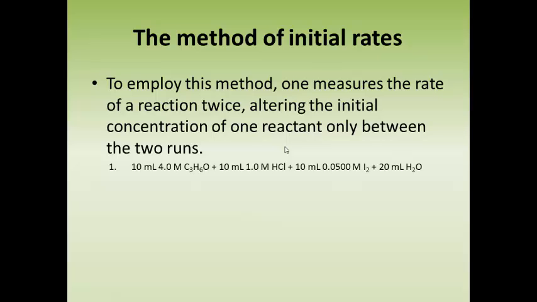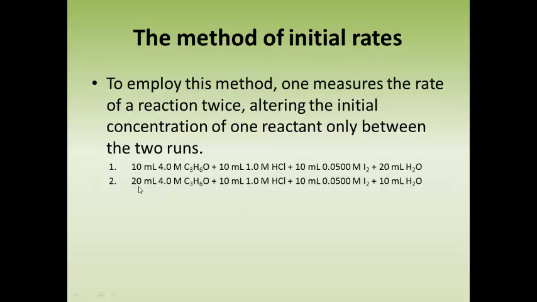So let's consider, though, just 2 such runs. For our first run, we're going to make the solution our initial and determine our initial concentrations from the following recipe, where we take 10 milliliters of 4 mol per liter acetone plus 10 milliliters of 1 mol per liter hydrochloric acid plus 10 milliliters of 0.05 molar iodine, and then 20 milliliters of water to make the total volume 50 milliliters. We'll measure the rate of that reaction and then compare it to the rate of the reaction